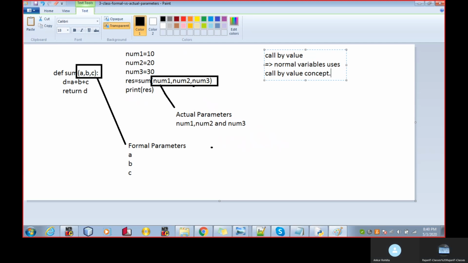And in call by value, the change that happens in formal parameters will not be passed back to the actual parameters.